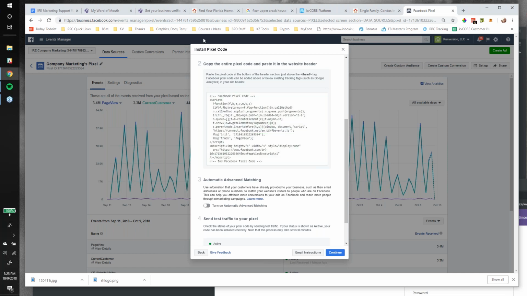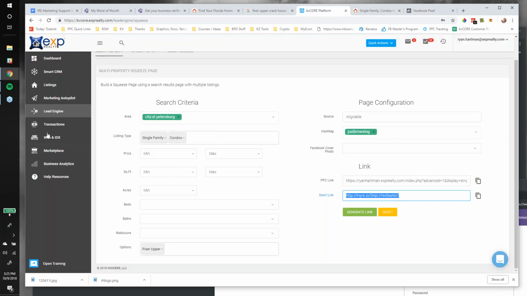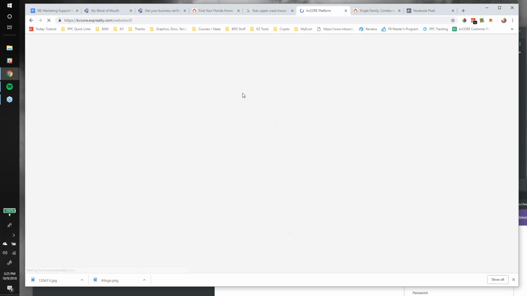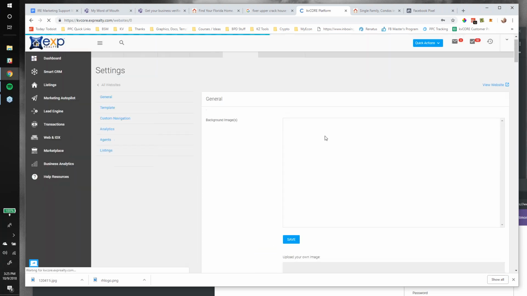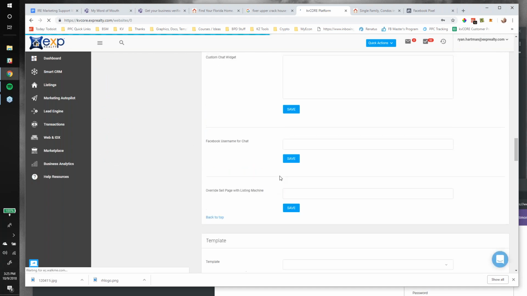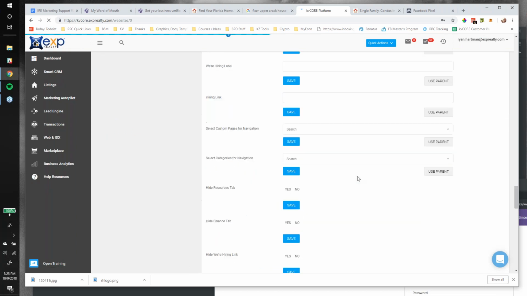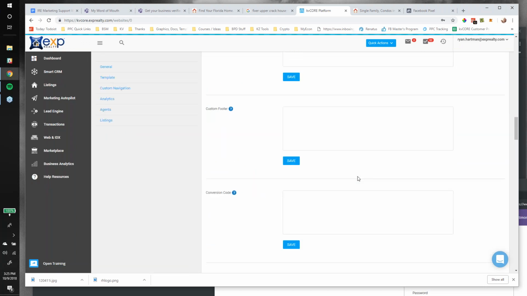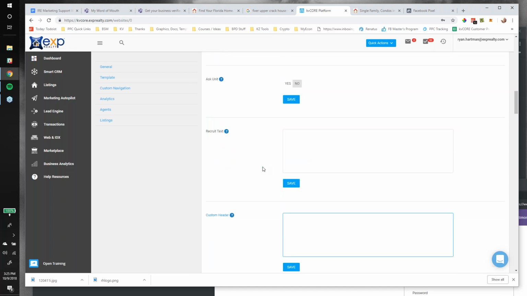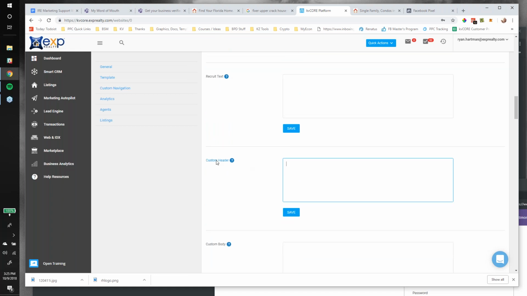So that's where you find it. In case, again, it's supported inside real estate. Just send support your requests. And in KV Core, it's in the Web and IDX section if you go to edit your settings for your website. It's right down here, somewhere in the header section. Let's see. Isn't it in the analytics section? If you go to the, see where it says the top left where it says general template, custom navigation, analytics towards the top left? Yep, and you can also put it in the custom header here. The analytics probably would work too. You put it in the custom header.